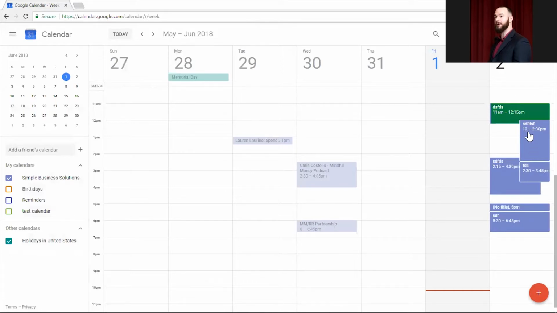And now let's talk about the single biggest organizational tactic within Google Calendar, which is having multiple calendars. So here you can see Google already gives you a few to start with. We mentioned that in our earlier videos. And because you have multiple calendars, that means that you can add different events to different calendars, which means